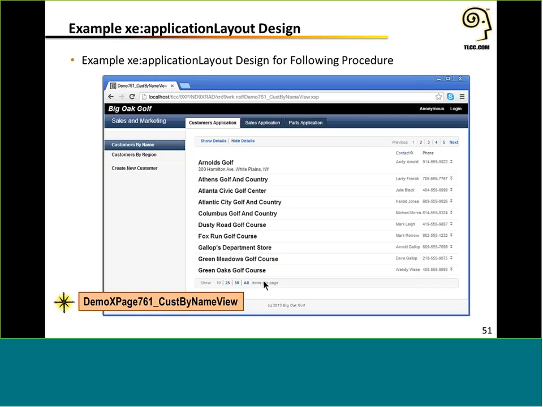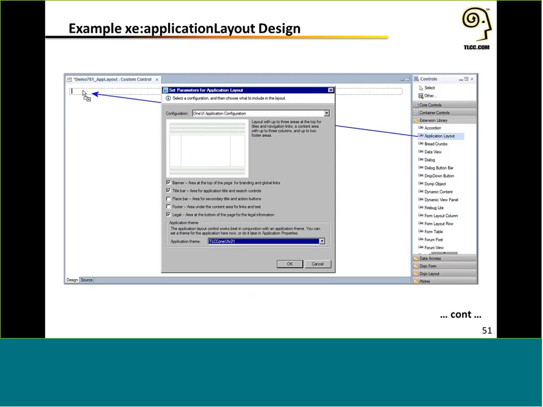And we're just going to show in the next few screens the development of this application layout on a custom control for this application. Actually, this is application layout design that's used across 3 applications: the customer applications, the sales applications, and the parts applications. 3 different NSF applications within our application suite.